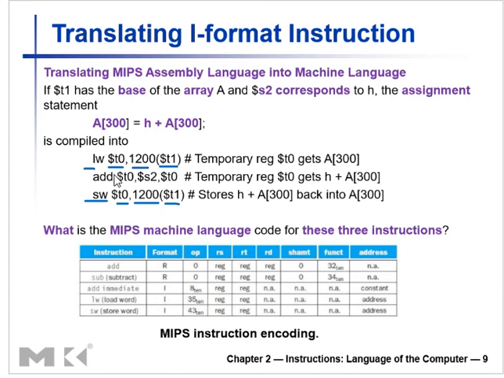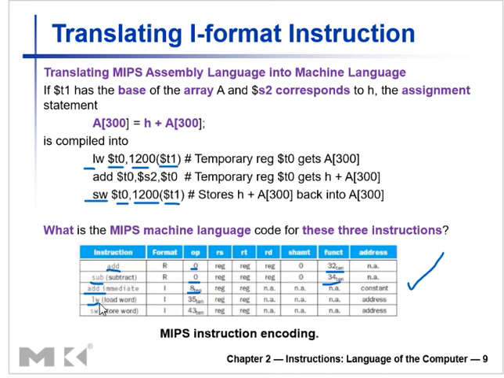So let's look into the load word and store word also. Before going to that, let's look into what are the equivalent opcodes. Let's remember the opcode. So in the table here, you can keep in your mind the opcode or function code. For add, the opcode is 0, function code is 32. Keep it in your mind. For subtract, opcode is 0, function code is 34. For add immediate, which is addi, the opcode is 8. There is no function code, because it comes under I type.